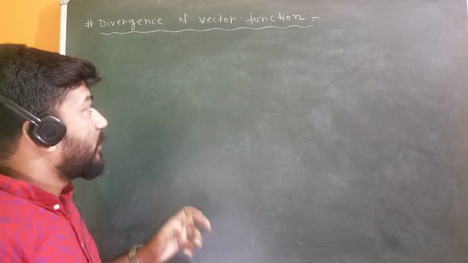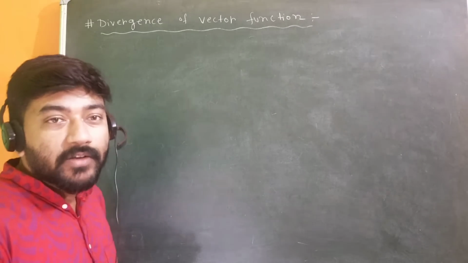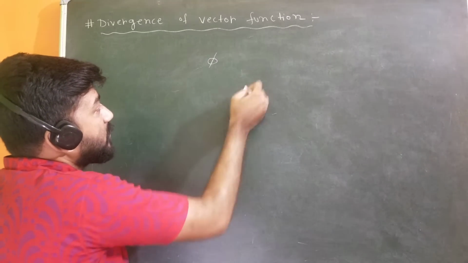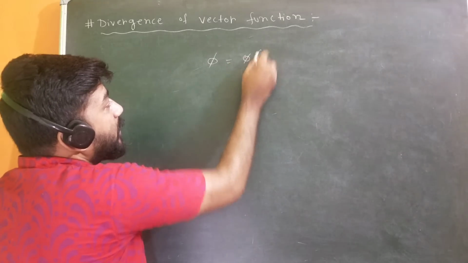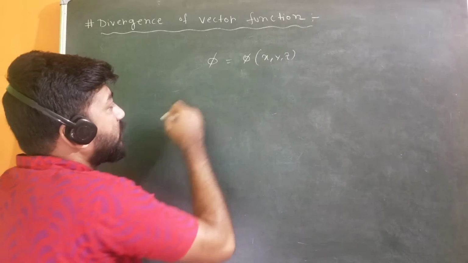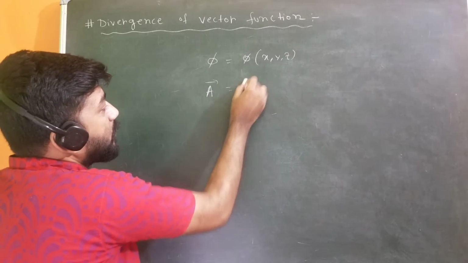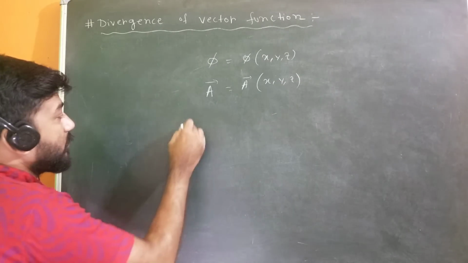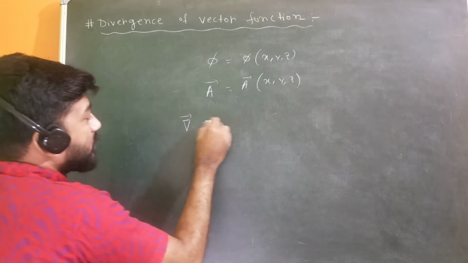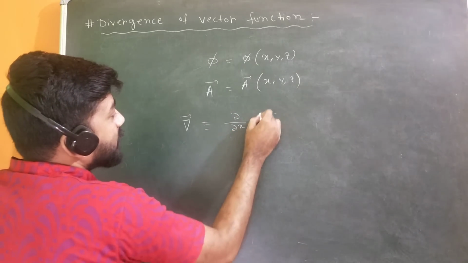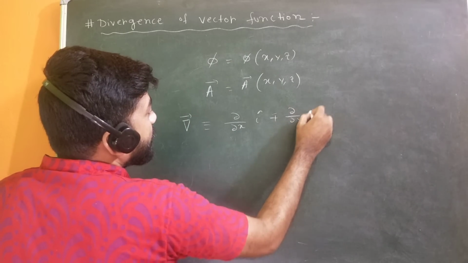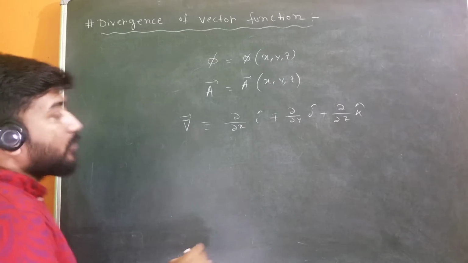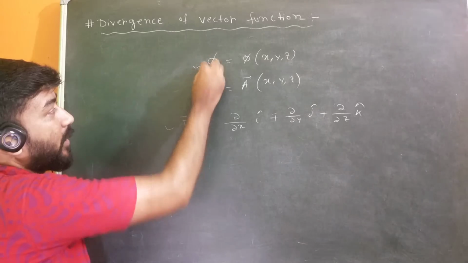Basically we have two kinds of function in vector calculus. We discussed in the first class that one is the scalar function, which is sometimes denoted by phi, a function of x, y, z, and I like to choose another, a vector function A, which is also a function of x, y, z. And we have an operator, the del operator in vector calculus, which we defined like this: del/del x i cap plus del/del y j cap plus del/del z k cap. Okay, and we have to do something with this operator and this phi and A.